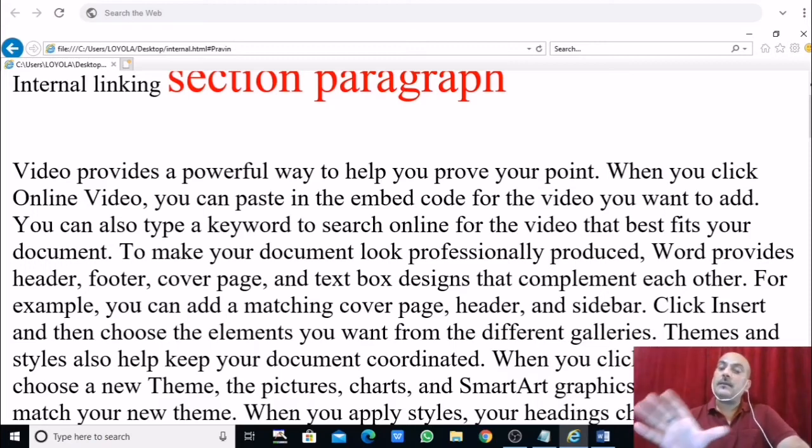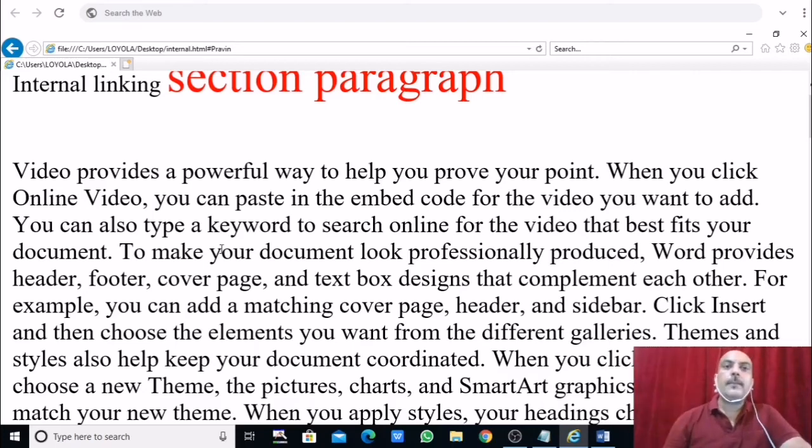That means that section is not in this page, but is in some other page, and I need to create a hyperlink so that it takes you to the specific section. Maybe another page has a 10th paragraph or a 50th paragraph. So from here the hyperlink will take us to that page and to that specific section. Now how to create that?